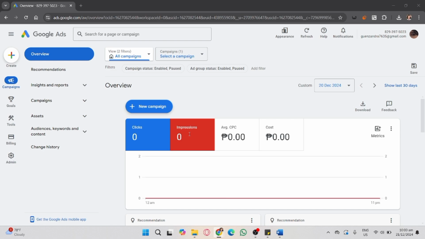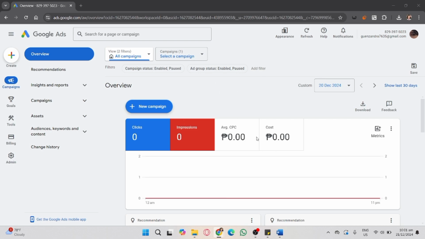So as you can see here, I don't have yet a notification for that issue. So assumingly we have that issue. So understand the reason for the limitation. Google typically limits ad serving due to invalid traffic detected on your site, or policy violations, or new account verification in progress. So to resolve policy or traffic issues, if it's due to invalid traffic, you can check your